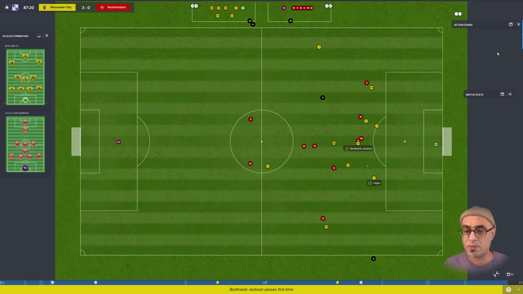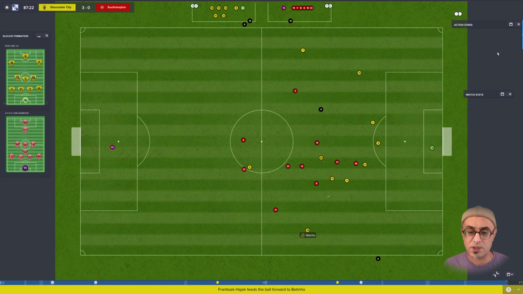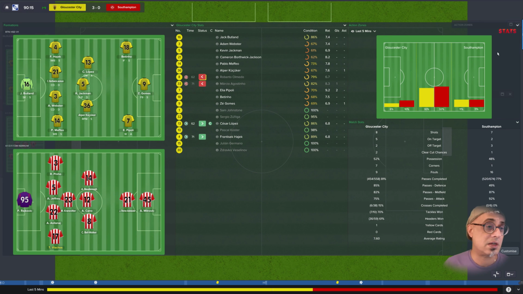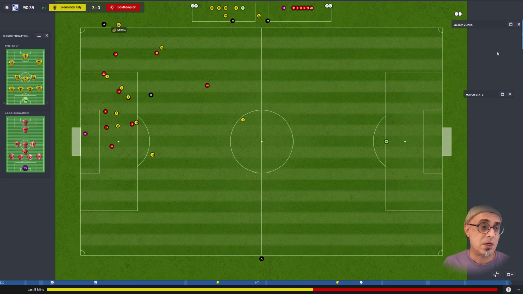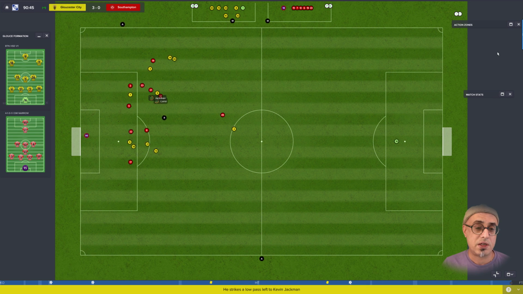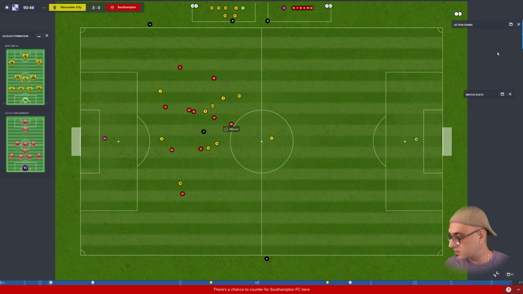Budamark to Rene Adelaide. Borthwick Jackson wins the ball. Hijack now with the chance to start a counter. Betinho does well. Doesn't do that well. We can't see the highlights. And we're coming up to stoppage time. We're into stoppage time now. First time we got the header. But then again,